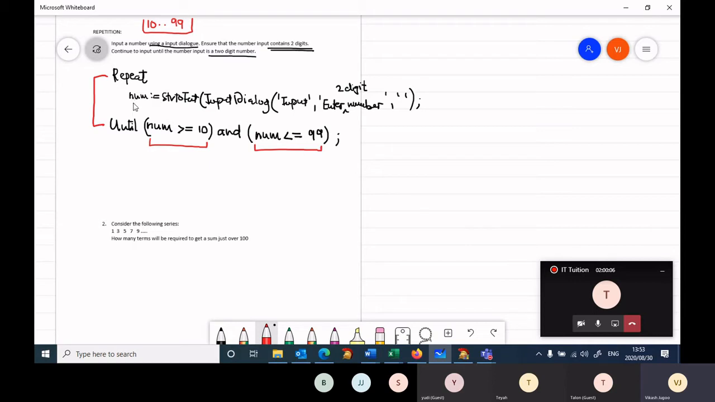So if I input a number like, let's say, 250. So if you enter 250, is 250 greater than 10? Yes. But is it less than equal to 99? No, we need both the conditions to be satisfied. Therefore, it's going to continue repeating. And if I input a number like 5, is 5 greater than equal to 10? False. Is 5 less than 99? True. So again, I don't have both conditions met. But if I input a number like 15,